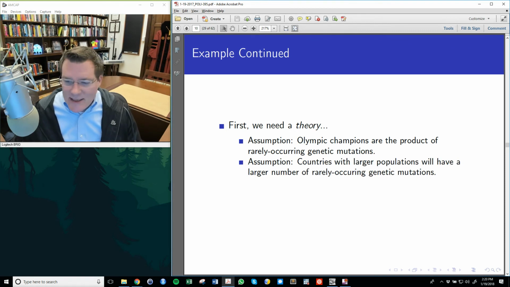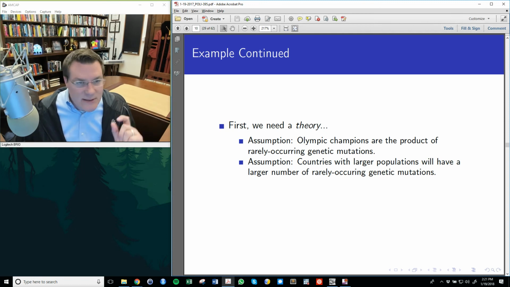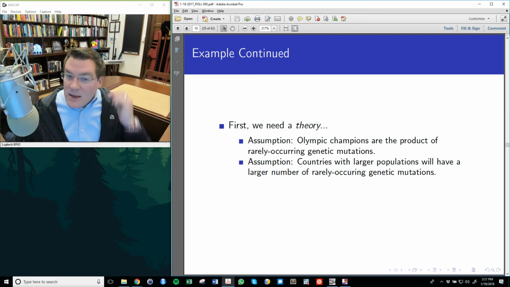Another assumption is that countries with larger populations will have a larger number of people with rarely occurring genetic mutations. This is just the principle that if something's rare and you draw more samples out of a bigger population, you're going to get more of those rare events. So if 1 in 1,000 people, probably far fewer than that, but if 1 in 1,000